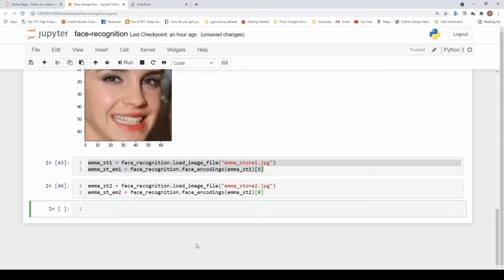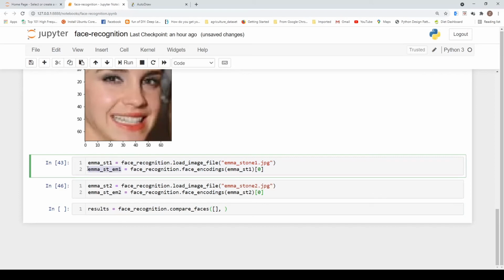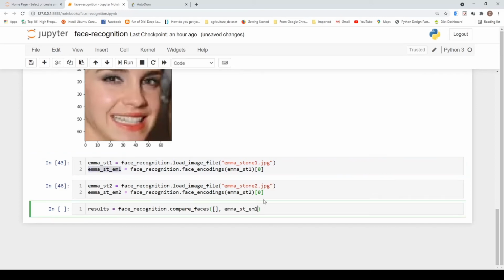So let's run results face recognition dot compare faces, and here the first one is a list, the second one is an embedding that you want to compare with. So let's say this is the one that we want to compare with. So we have this vector and another vector which is also taken from an Emma Stone image, and then if we run it,